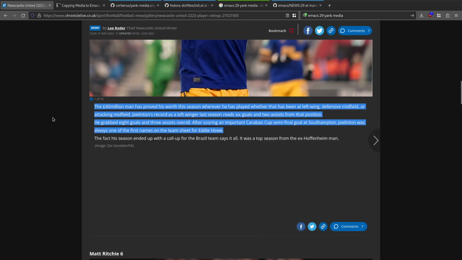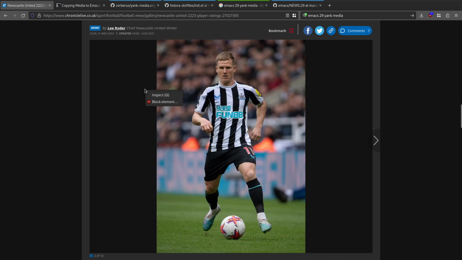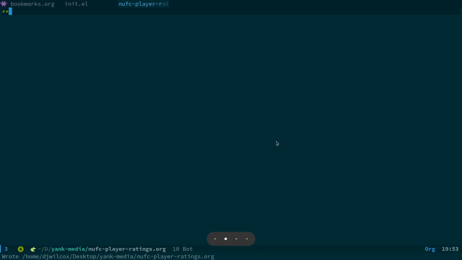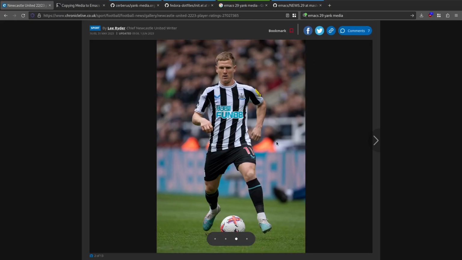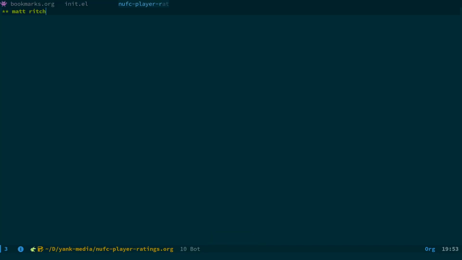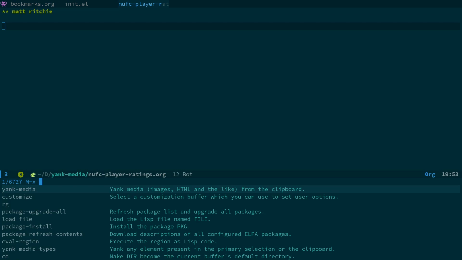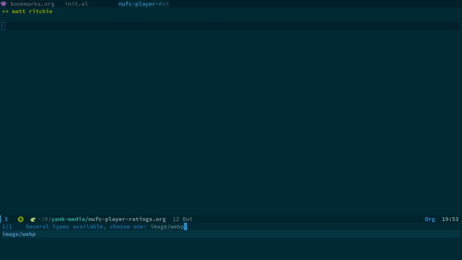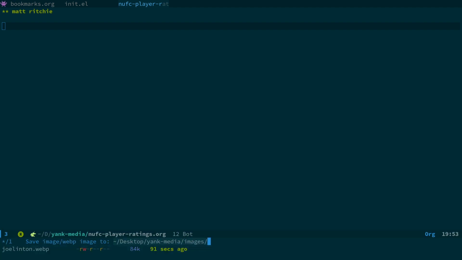how easy it is now to add images. So what we need to do is select the image, copy image, call this Matt Ritchie. Let me spell his name properly. R-I-T-C-H-I-E. We just do yank-media, and of course you could bind this to a keyboard shortcut. We're going to choose image WebP, save it in the images, we'll call it map.webp,